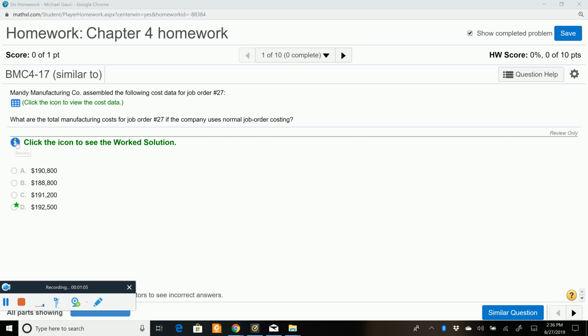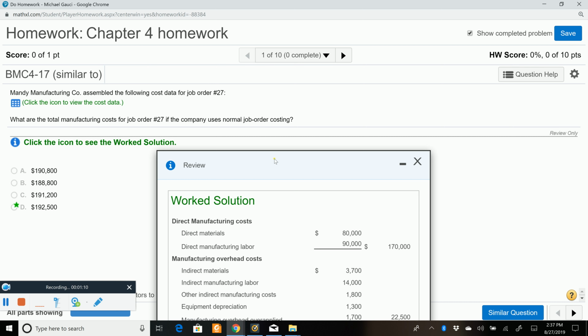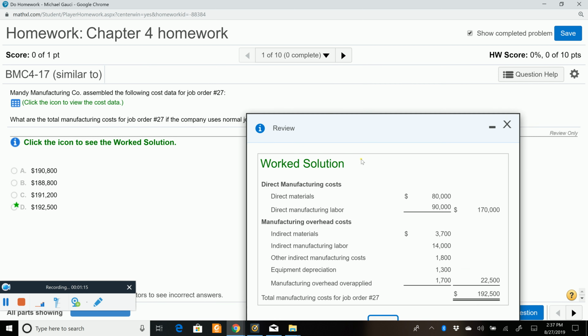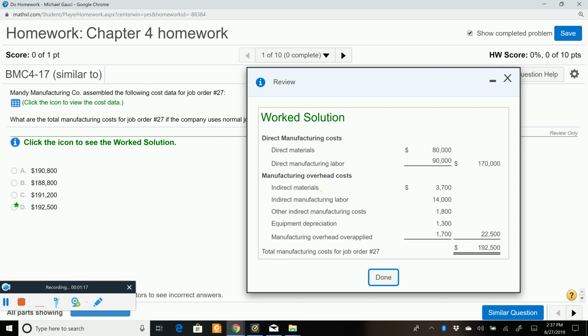So here we have an example. We have a job order number 27, and for this particular job, we are to try to figure out our total manufacturing costs. And once again, the manufacturing costs are the sum of the direct materials, in this example, $80,000, direct labor of $90,000, and the overhead. You can see that the overhead equals all the indirect materials and labor, as well as the other overhead items. So you can see they total